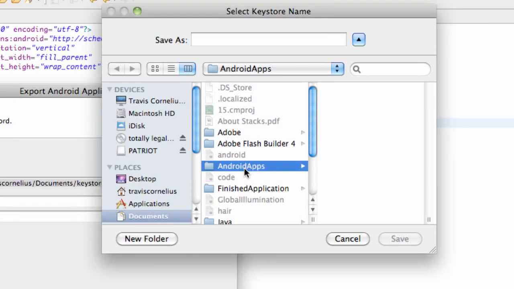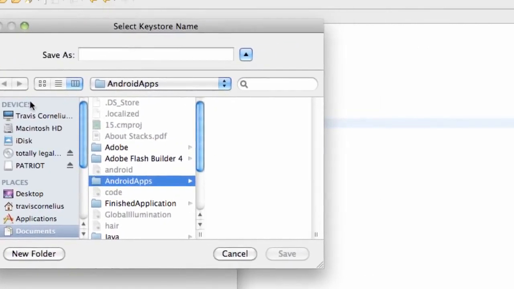And we also need to remember all our passwords. We need to remember pretty much everything when we want to update our application after it's been on the marketplace, or just pretty much anything we do after we sign it to the marketplace the first time. We need to remember where all these locations are. Even to get our actual key for a map application, we're going to have to remember where this is. So just create a folder called Android Apps,